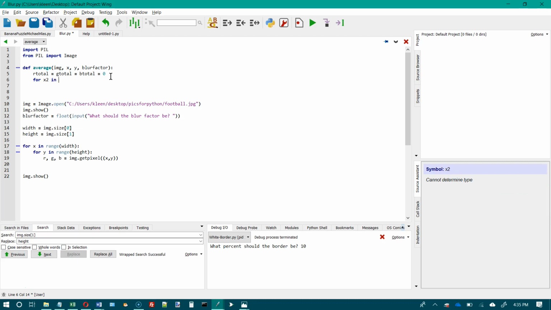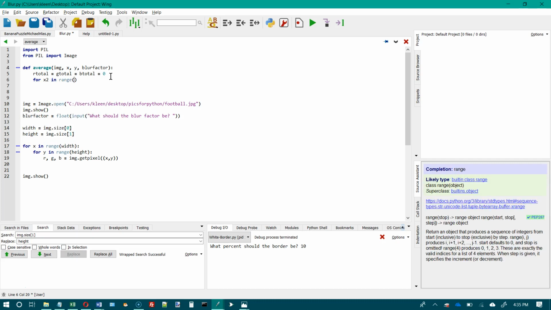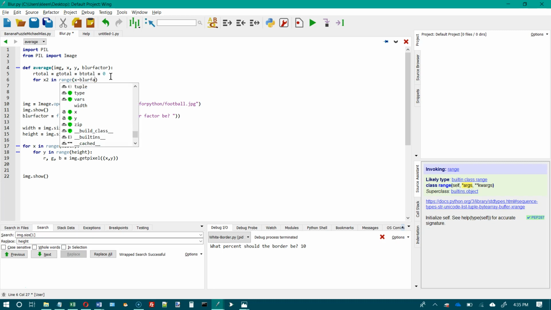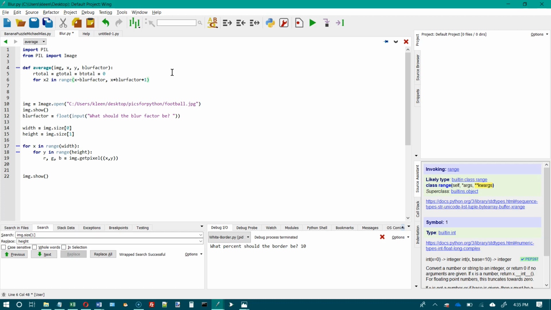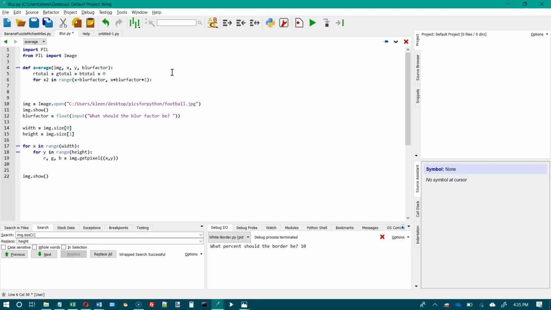X2 in the range. Okay, and where do I want to start? I want to start at X minus the blur factor, and I want to go to X plus the blur factor. So remember, if you put two arguments in here, this is the starting and this is the ending, but it never includes the end, so I got to do a +1 on that as well. And that should take me from the leftmost pixel to the rightmost pixel. And then